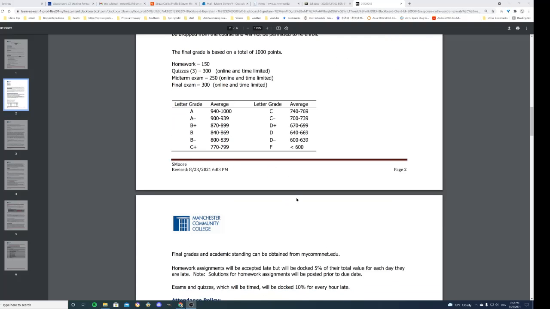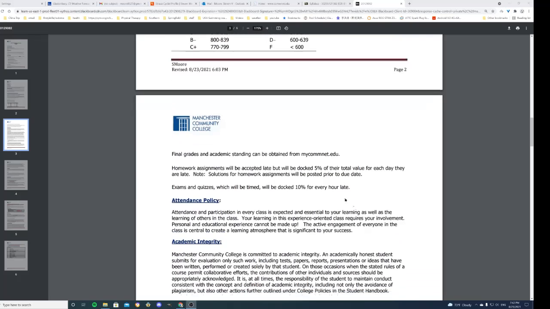And here's the standard grading for that, okay? One of the things you really want to pay attention to is, meet the deadlines for the homework. It shouldn't be any problem. Like I said here, I'm going to post them prior to the due date. And then the exams and quizzes will be timed. You'll be docked 10% for every hour late, so 1% for every 6 minutes.